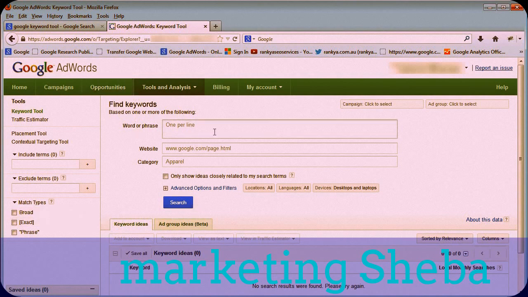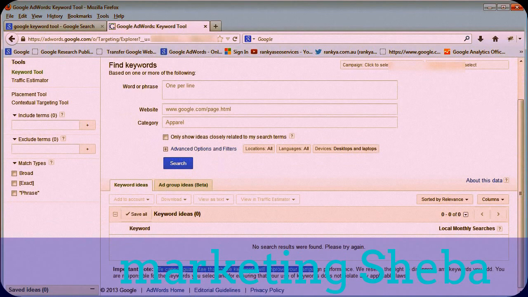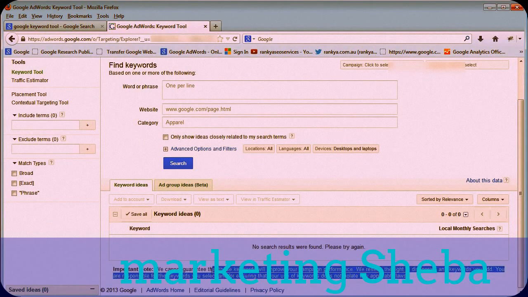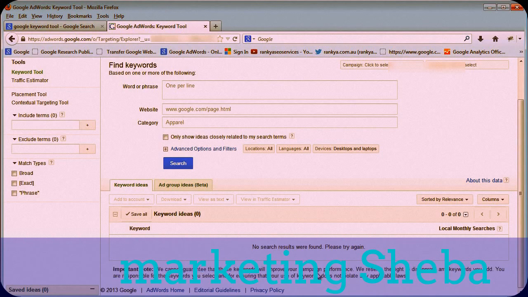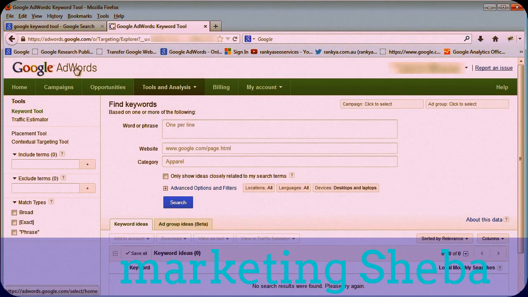Now, we need to first of all understand this fact. This is just to give us an idea. If you really read everything that you see on a particular user interface, as you can see here, these are just ideas, and this keyword tool is designed mainly for AdWords. As you know, Google makes billions of dollars every year out of thin air, and their money-making machine is their AdWords